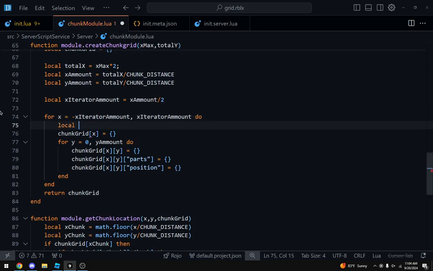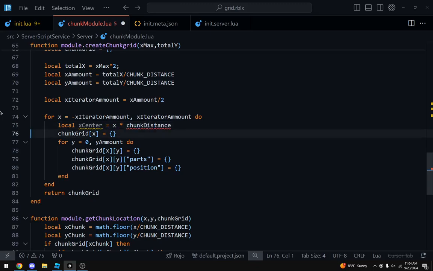So we do local x center equals x times chunk distance, which should theoretically work. I don't see why that wouldn't work, right?